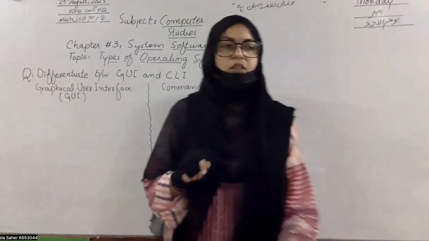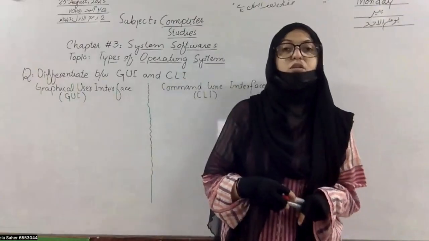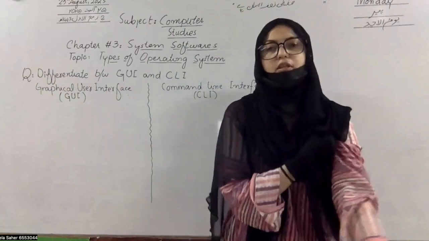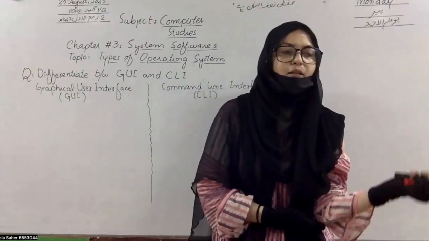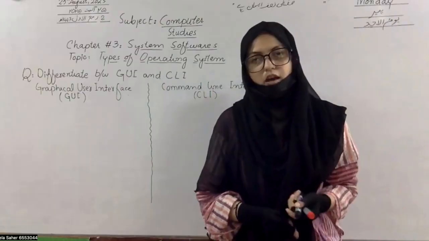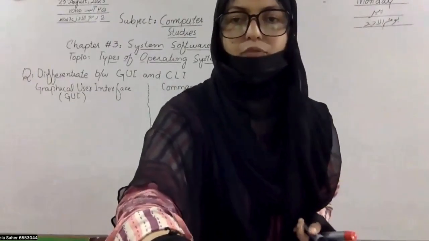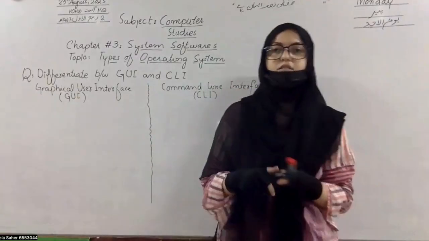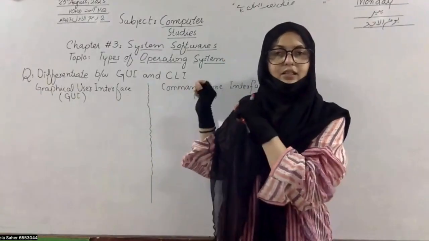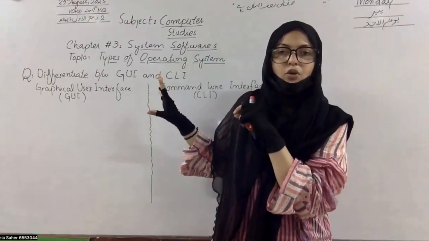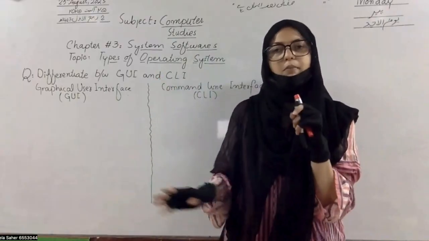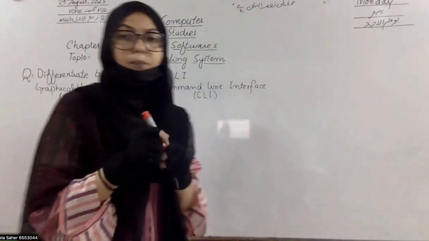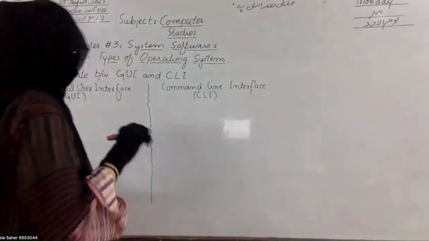So what is the definition of it? The definition is that it's a type of user computer interface where the user interacts using windows, icons, menus, and pointers, etc. Pointers mean, you can't see from here, but the pointer is the arrow that is moving on the screen. Okay, so I am writing the definition in a few words on the board so that you remember what we are talking about. The type of user computer interface where the user interacts